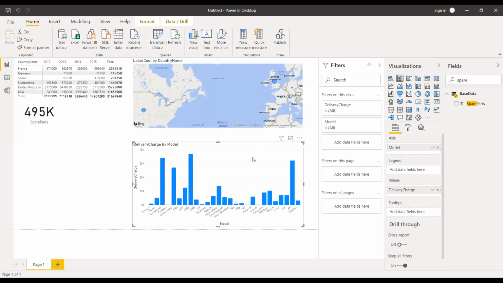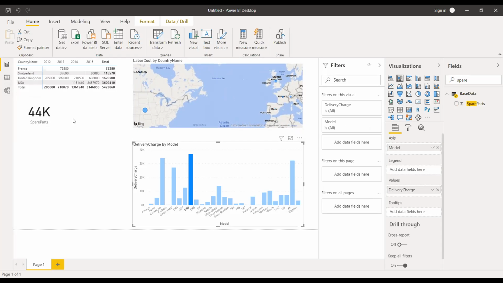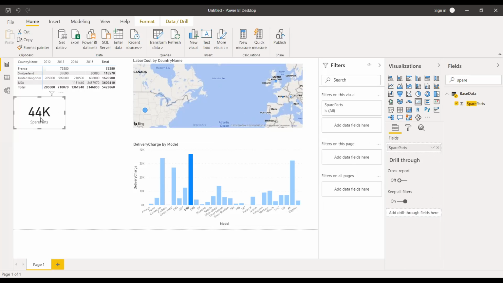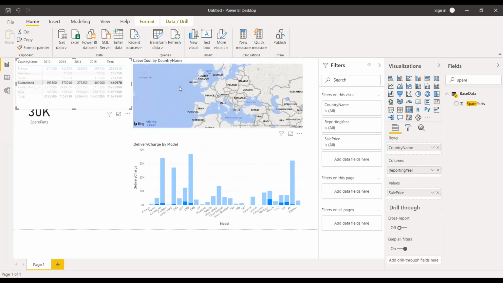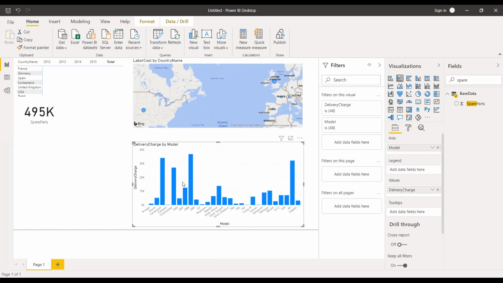Now, if I click inside the visual, meaning all the bars are selected, the total spare cost will be 495,000. If I click on a specific one, it is 44K. This specific one is related with the DB9. So DB9 is a model, and the spare part cost for DB9 is 44K. So individual visuals: this is a card, this is a matrix, this is a map, this is a bar graph.